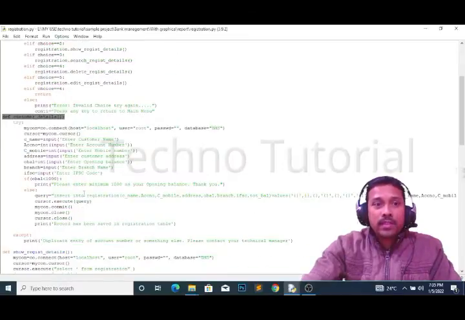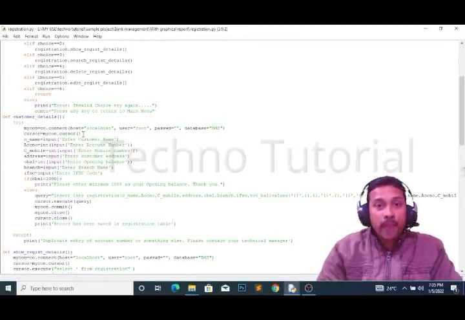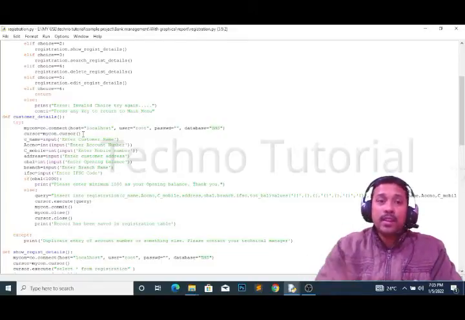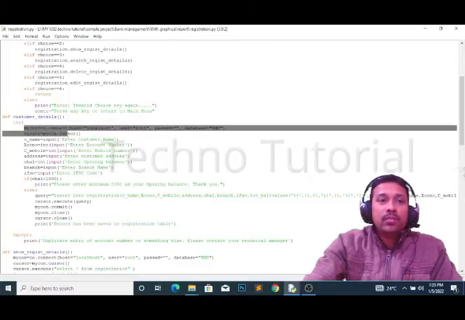Now just come here. Already you know this part, I think. What is this part? mycon = mysql.connect(host="localhost"...). This is the connectivity line, which means we are connecting this Python with the MySQL database. What we input here in the front end in the Python file has to be stored in the database. For that case, we have to connect the database here. That is why I have written these two lines to connect the database.